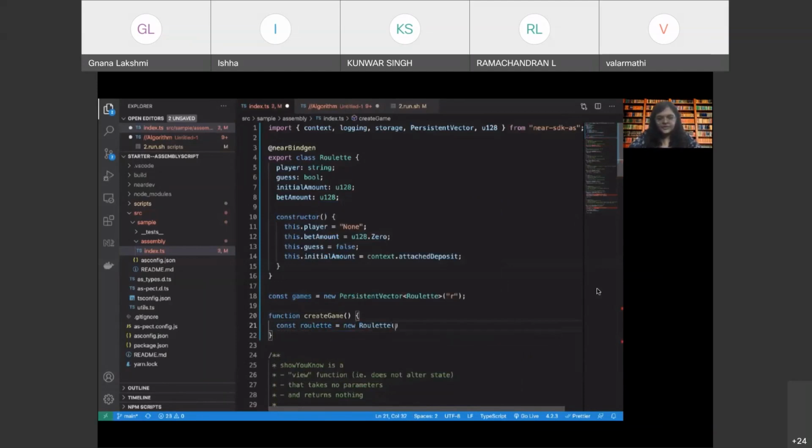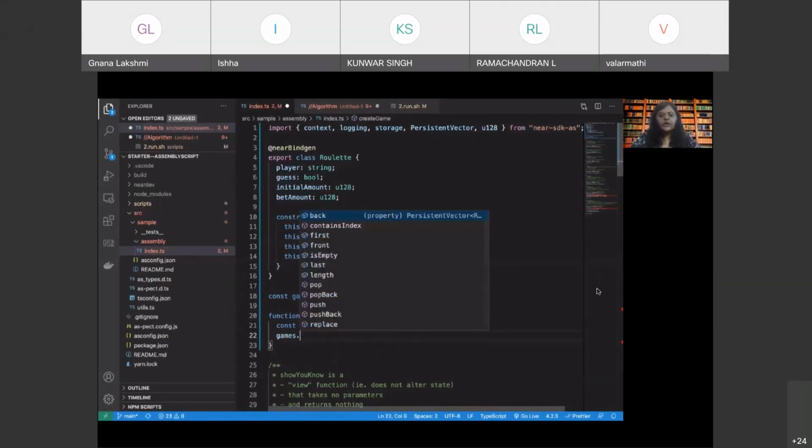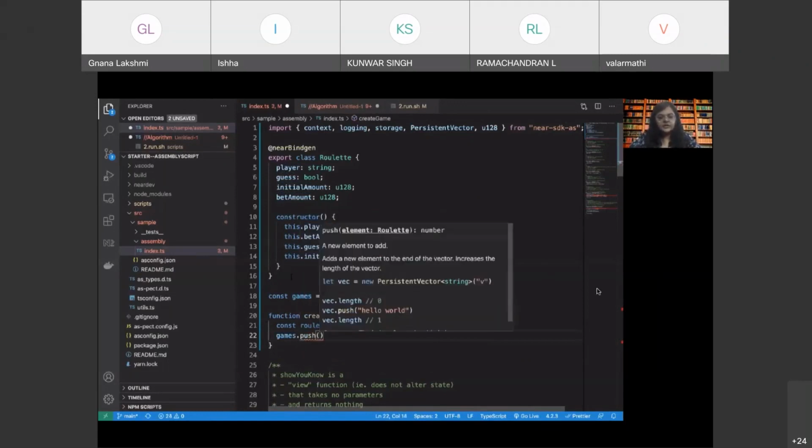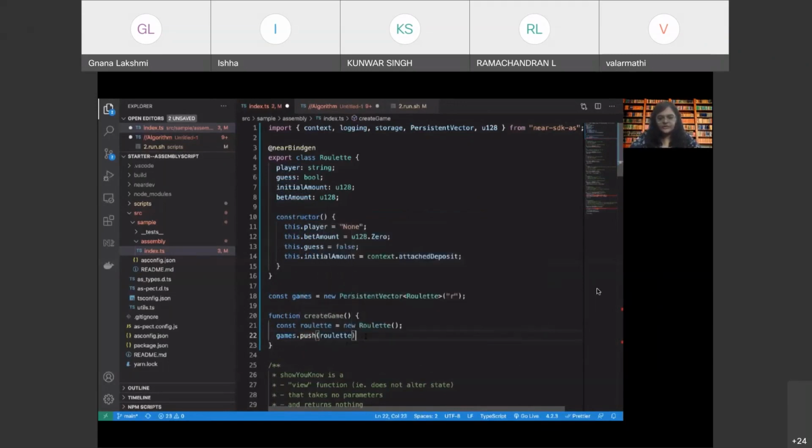So when we call this new roulette, the constructor of this class will be called, right? And it will take in the bet amount. It will set the player, the bet amount, the guess, as well as the initial amount, right? And now we are going to take this persistent vector, because we want to store all the games in this. And we are going to push this newly created game for roulette.